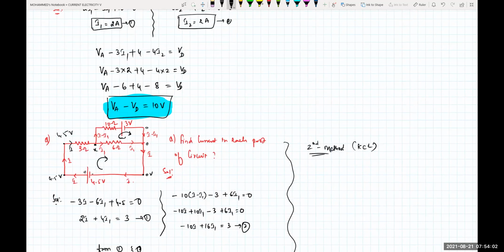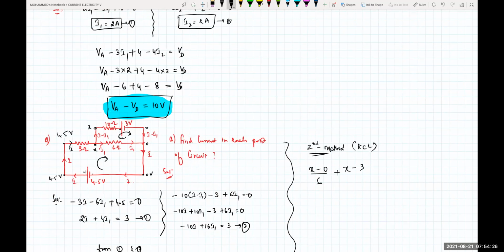So this can be written as (x minus 0) divided by 6, plus (x minus 3), if I'm taking the potential right now. For here, what will be the potential, beta? 3 volts, isn't it? So here it is also 3 volts. Okay, if this is x, this point is also x.